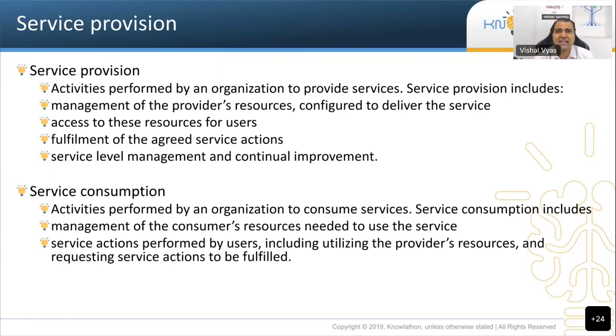So unless you dial the correct number, telecom will not work for you. It is the telecom company's job to provide you the network, the SIM card, the connectivity, but it is your job to use all of that in the prescribed format. Okay. Are you now getting the exact meaning of value co-creation? Both have to do something. Both parties have to do some activities to get value out of it. Right?